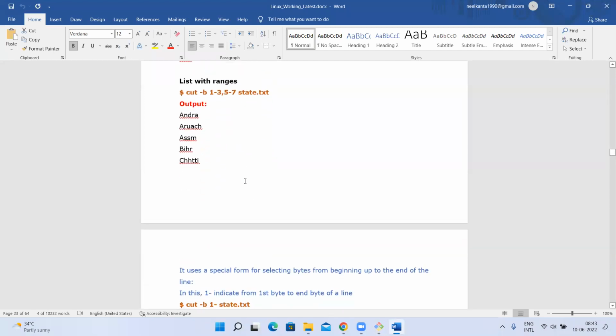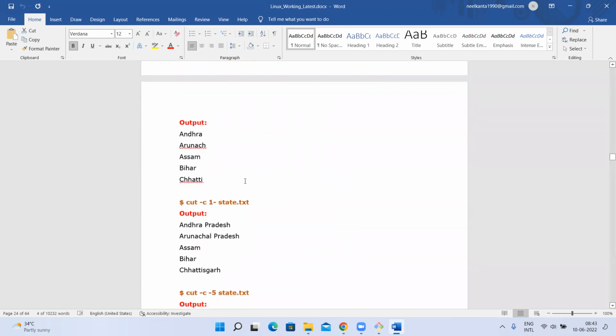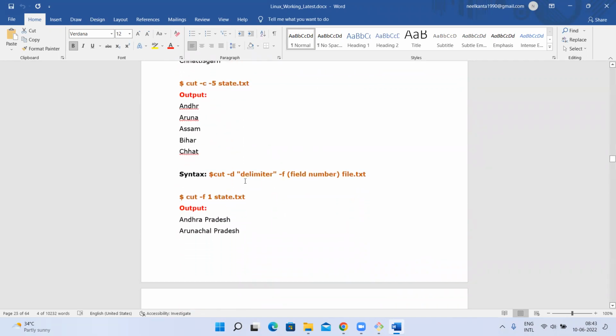How to give these numbers? By default, it is going to take bytes, meaning memory bytes; the characters it is going to use. Okay, clear? So if we want to